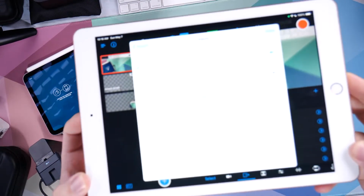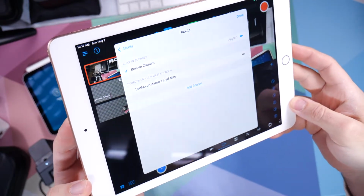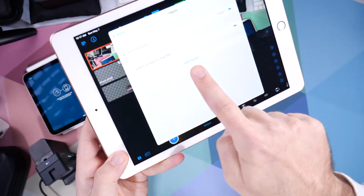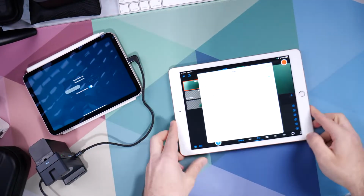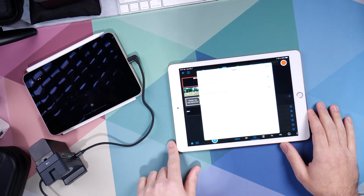So you can't really see the exposures too much for that. There we go. So Seemo on Aaron's iPad Mini. I'm gonna tap that. We should get a little prompt. Yeah, it says it's taking control, and with any luck,